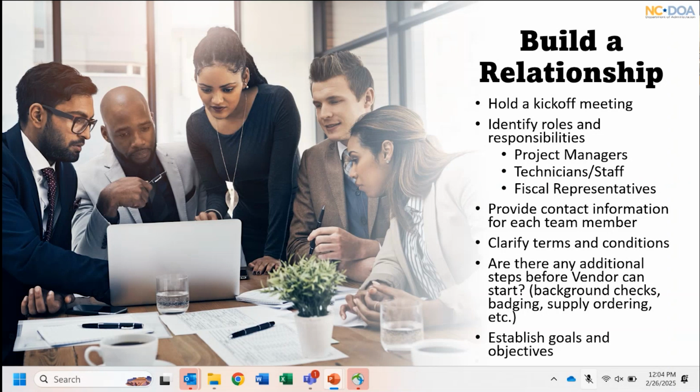So identify who's doing what, get those contact information and identify maybe they have somebody different that's doing billing. Maybe they have somebody different that's doing after hours calls, whatever that is. Identify your roles and responsibilities at the state level within your division of who's going to be involved in that contract, as well as getting those contacts from the vendor. Provide that information for each team member, email addresses, phone numbers, whatever it may be, and clarify the terms and